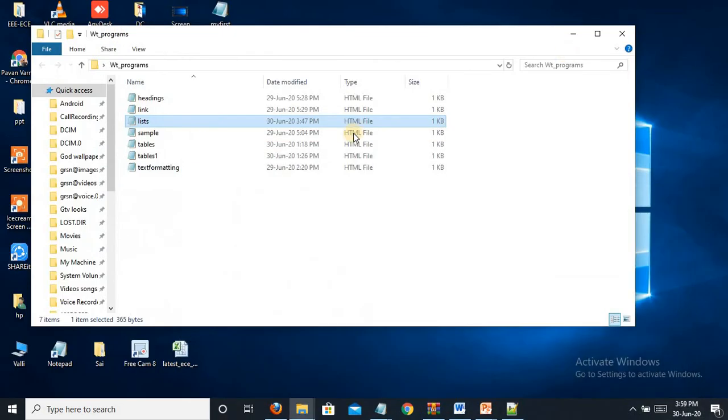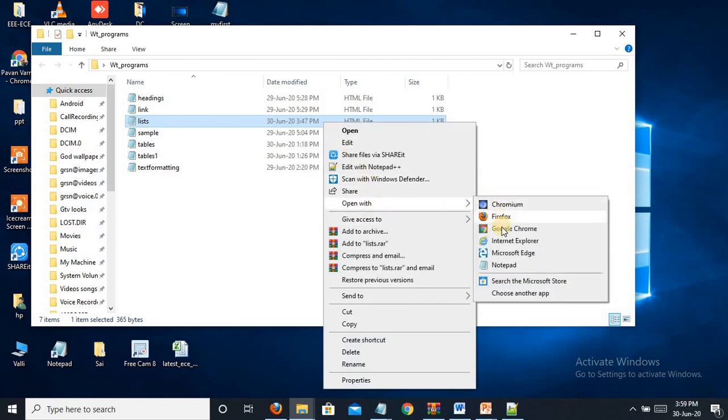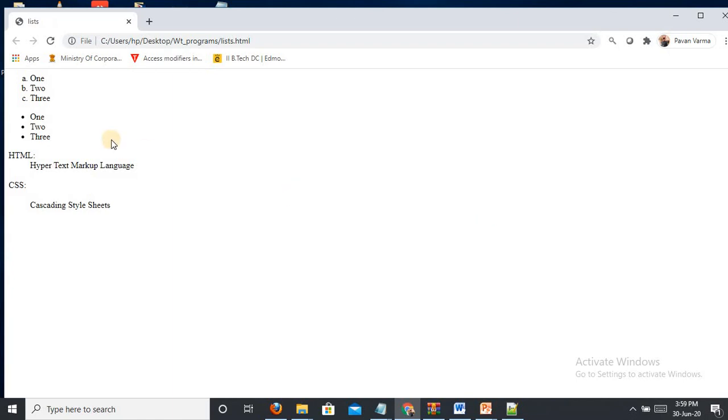Now we will run this. See this, as I had given this attribute type is equal to A, it has started from A, B, C. The disc is actually coming.